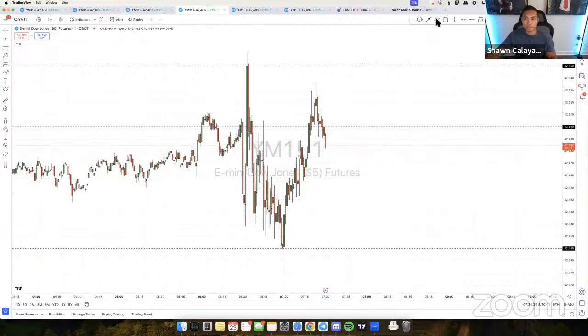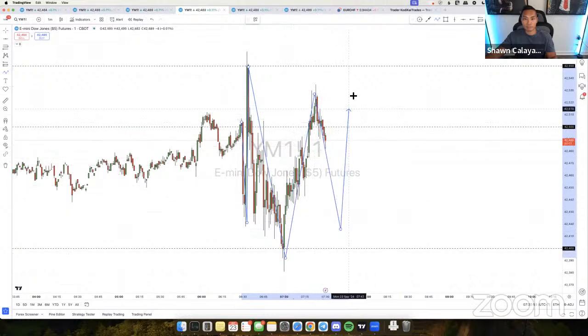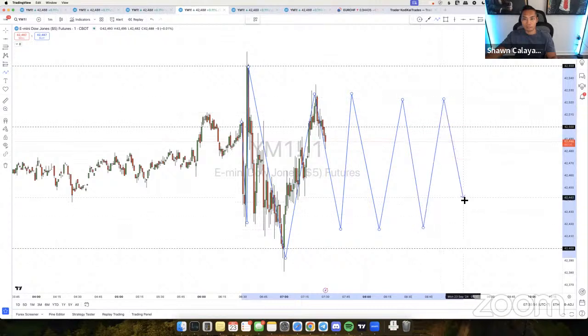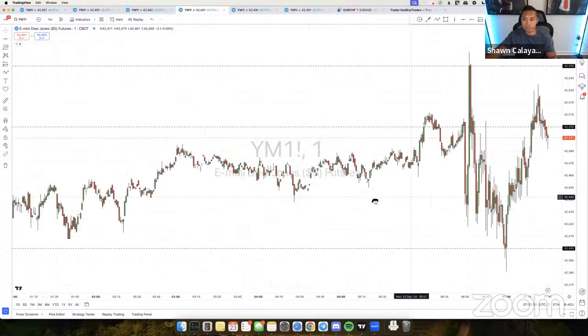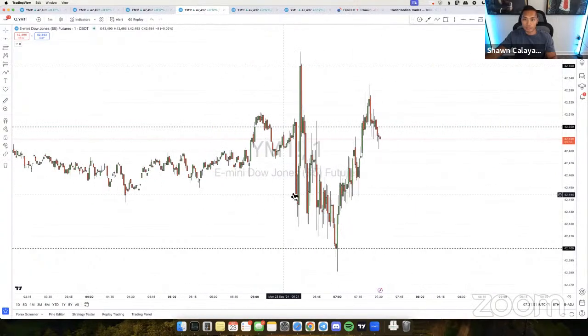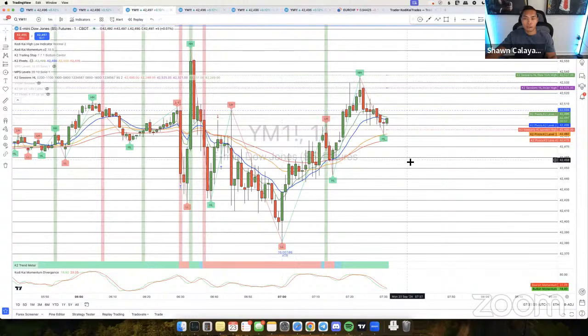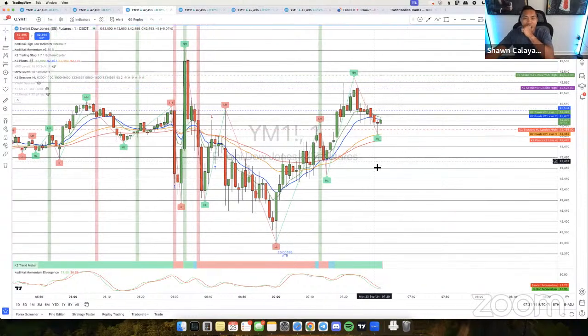So you guys can see price is still kind of ranging. It's a huge range right now. Market open right here at 630, this red candle. Then it came down sharp, came right back up, came back down sharp, then came right back up. And now it's more so ranging than consolidating, because the range here is pretty wide. It's not a small consolidation zone.